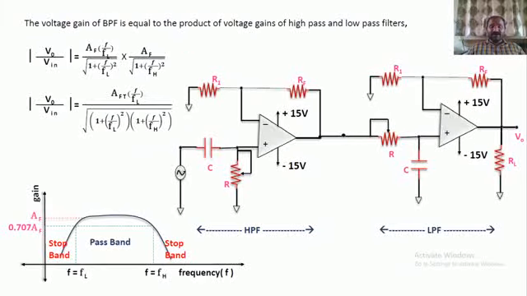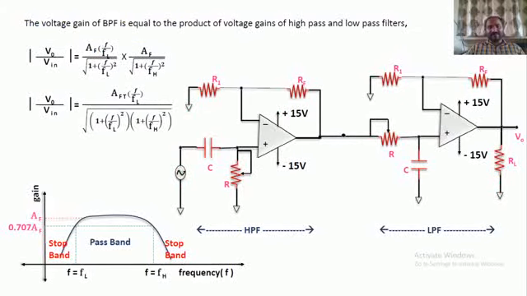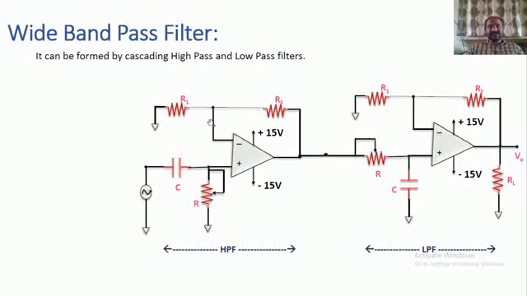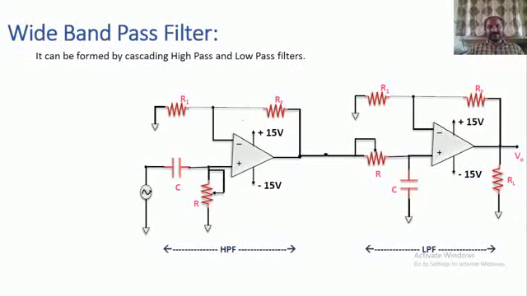Okay. Now let us see how we can calculate the voltage gain for this particular band pass filter. Let me go back to this circuit for explanation. The gain of the band pass filter is nothing but, let us suppose I assume the gain of this particular high pass filter as Z1. In terms of the control system it is very easy to realize.